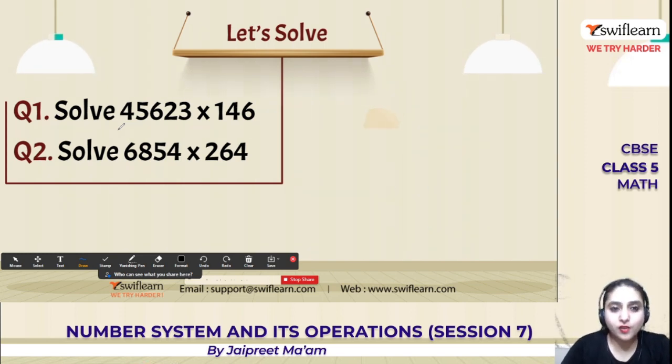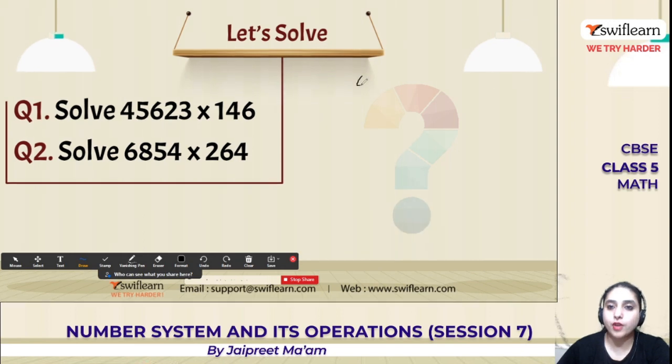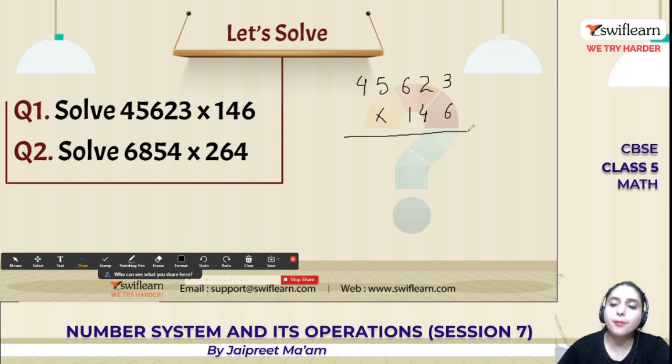So let's solve the question now. 45,623 multiplied by 146. So how we are going to do this question? Write the number in the column form, very first step. Then multiply it with 146. Now what is the number at ones place? It's 6. So we have to perform this